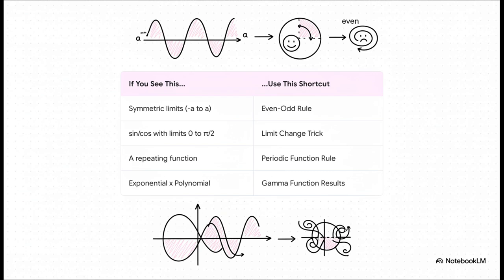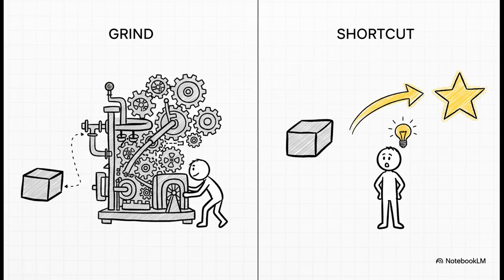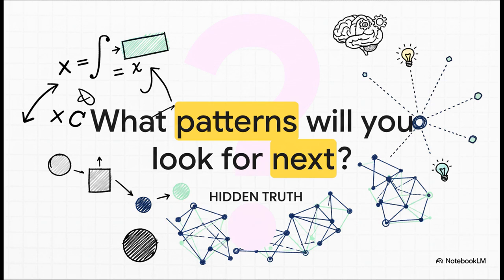The real key isn't just memorizing the rules. It's about training your brain to recognize the patterns. And this really brings us to the most important point. All of these shortcuts, they show us that math isn't just about grinding through calculations to get some number at the end. It's a creative process. It's about seeing the underlying structure of a problem and finding the most efficient, the most elegant, really the most beautiful path to the solution. It's about looking at something complex and finding the simple truth hidden inside. So the real question to leave you with is, what patterns are you going to look for